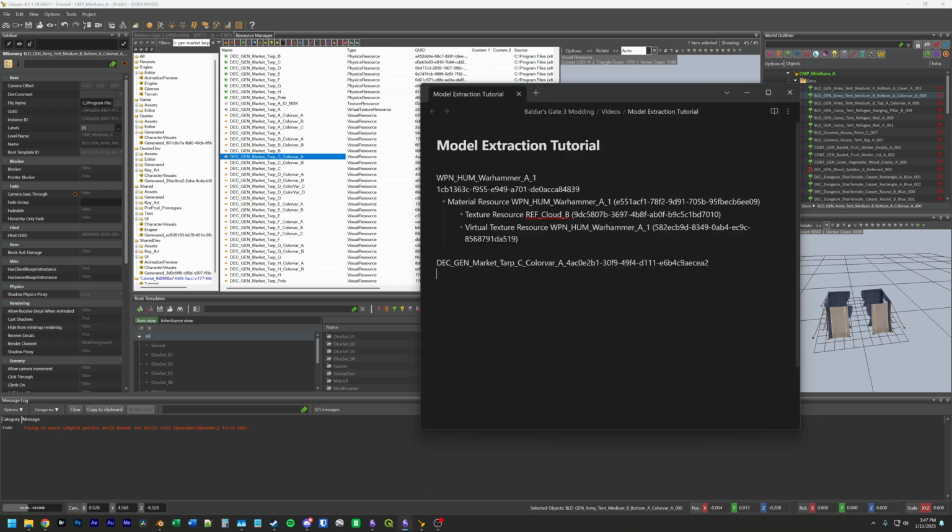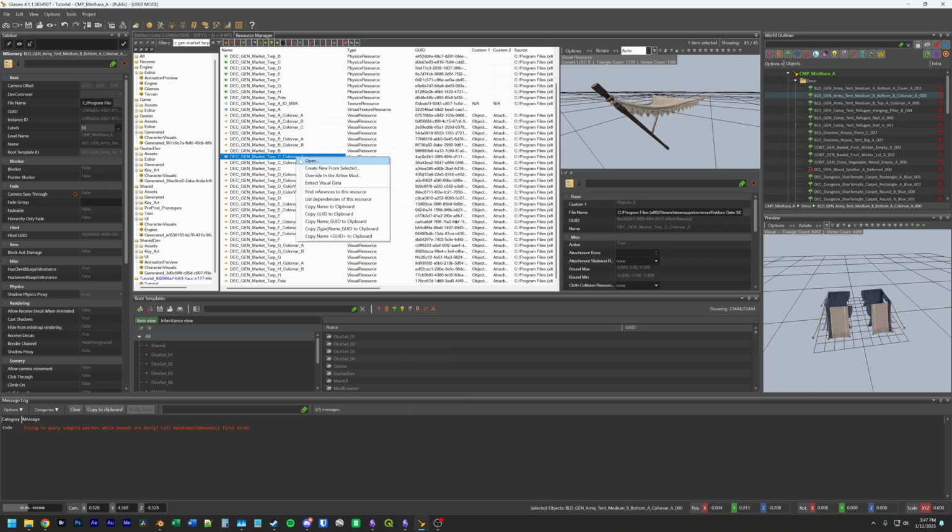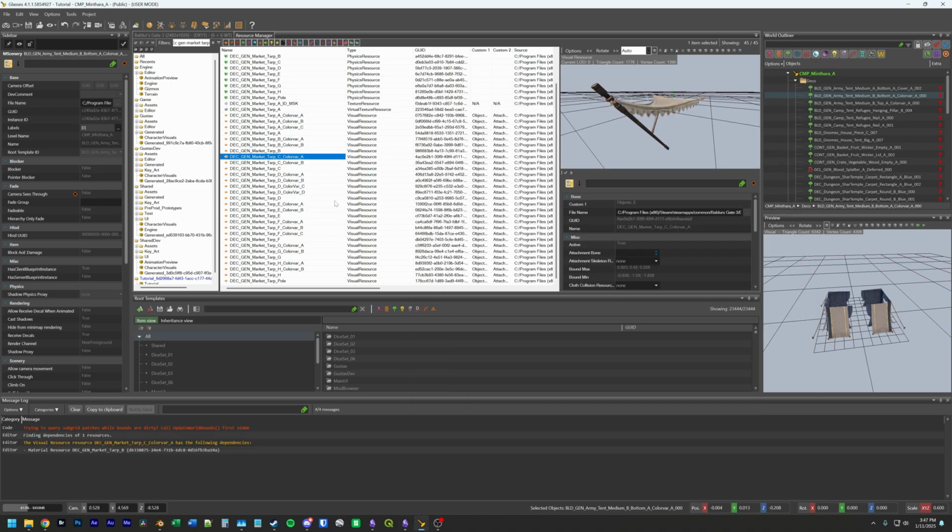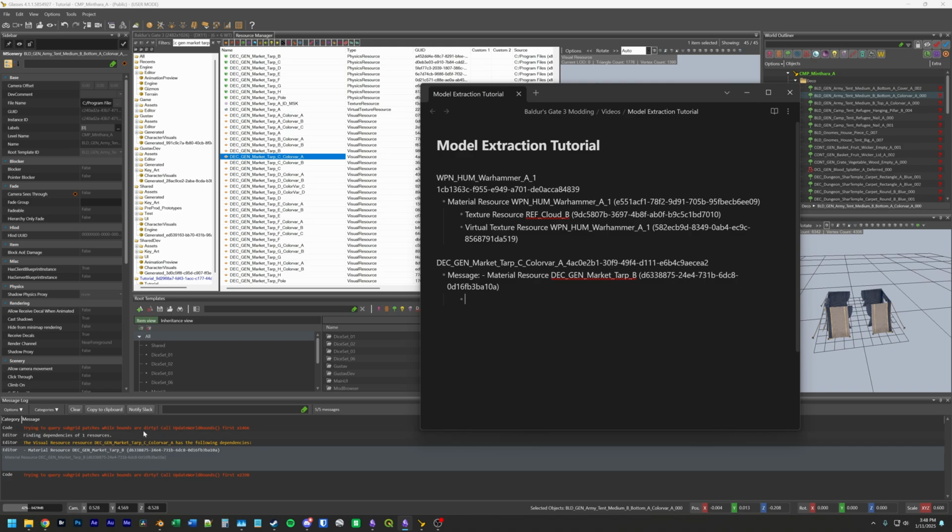And now we need to figure out what material this uses. So we go ahead and right-click List Dependencies for this resource, and we can see that it's using the material Decorations General Market Tarp B. And you'll notice in this case that is not the same name as the object that we're extracting. So what's happening here is a lot of these market tarps are going to be using the same material here. So I'm going to get my material name, copy that to my notes,